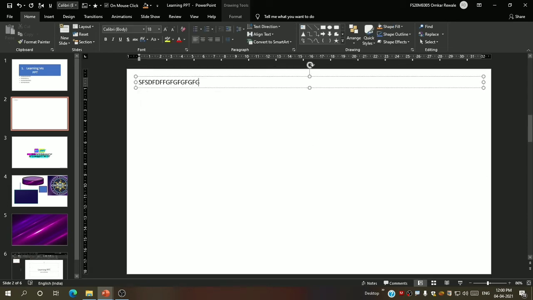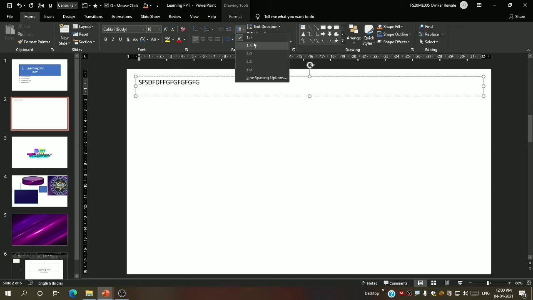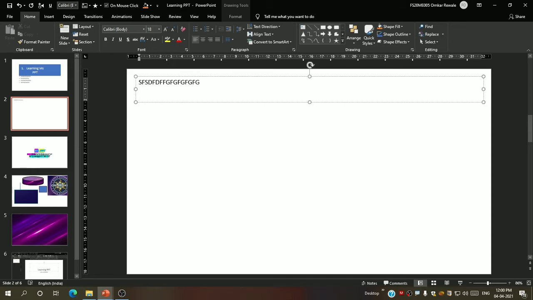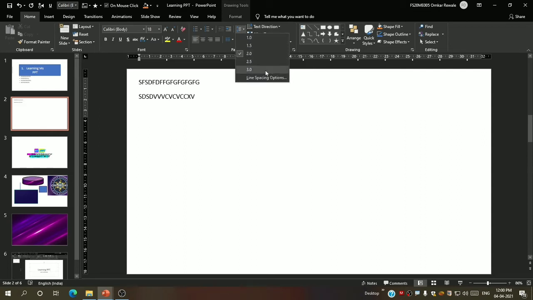Now let me write anything over here. Now let me press enter and make the space more. Let me say 2.0. You can see the space has changed. Again I want to change it. Let me press enter. You can see the default was 2.0 only, so that much only it took me down.